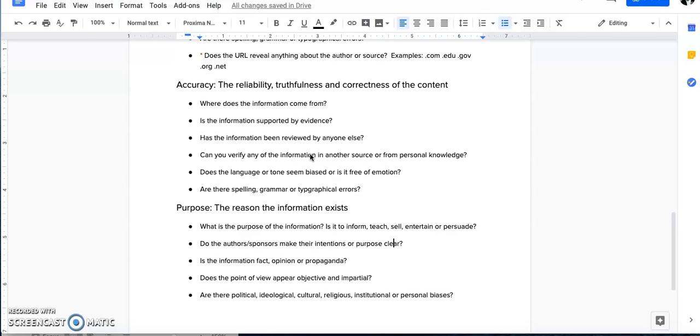So do the extra legwork, one or two clicks away, and find the better source. And the purpose: why was it written? Was it written to inform people, to sell something, to entertain? You really want to be thinking about that, especially with sources that come from organizations, because organizations have a biased perspective. Again, bias is not bad, bias is just a reality.